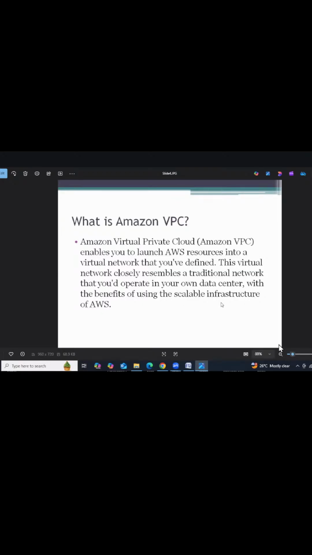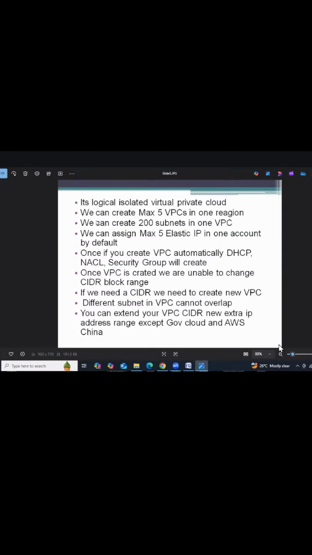What is the advantage of VPC? Scalable infrastructure. Scalable infrastructure means we can increase or reduce the infrastructure according to our requirement. It looks a little like our traditional environment, but in the traditional environment we don't have the scaling concept. Automatically it is not going to increase the infrastructure. We need to purchase the machines again and deploy them, so it will take time. But here we can instantly increase our infrastructure, right? Next, those are interview questions.